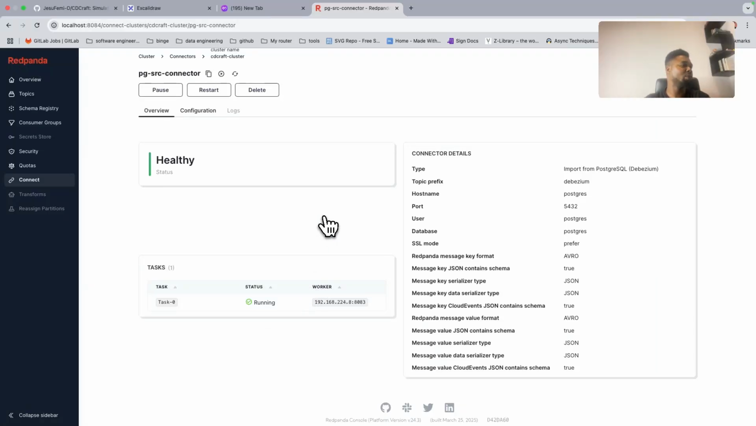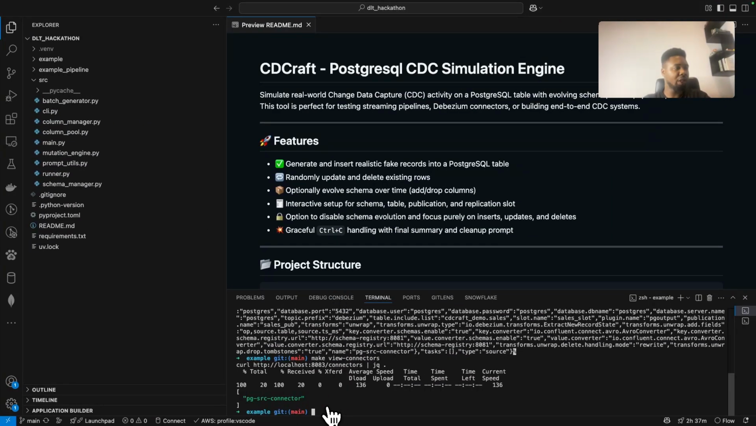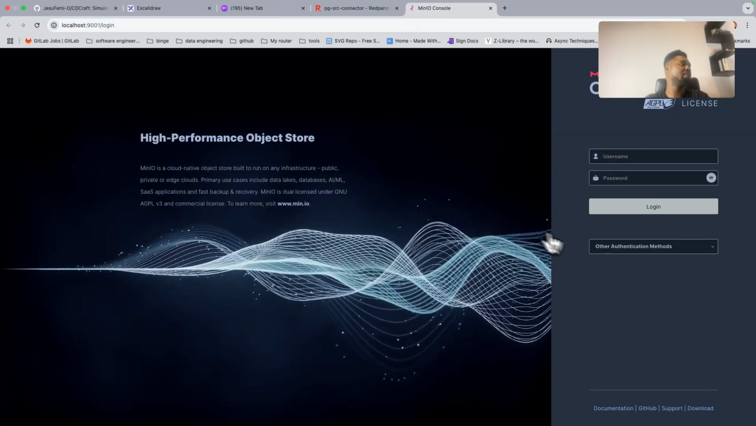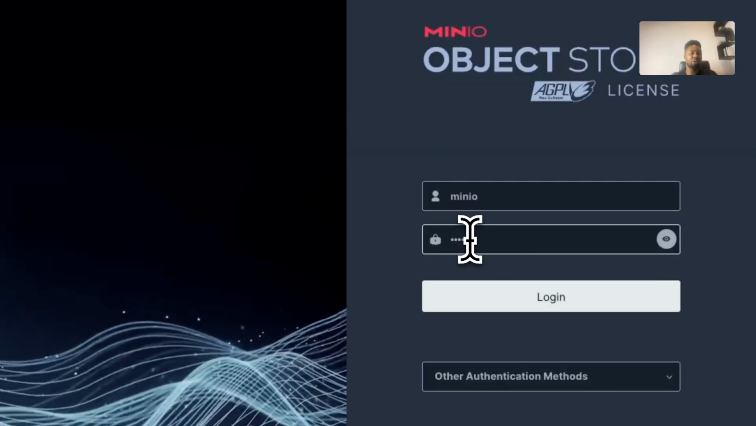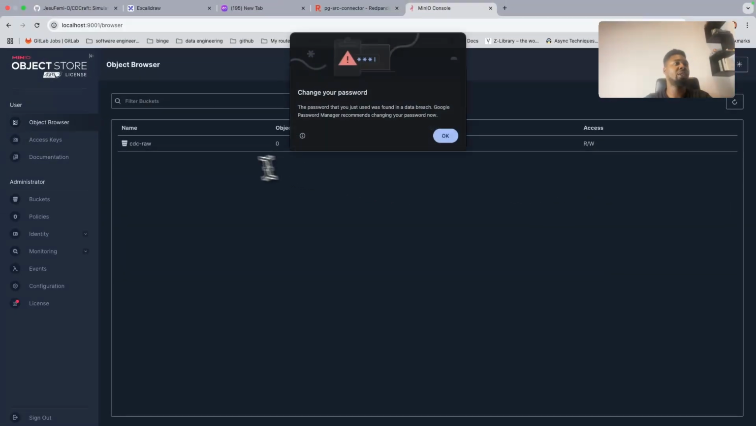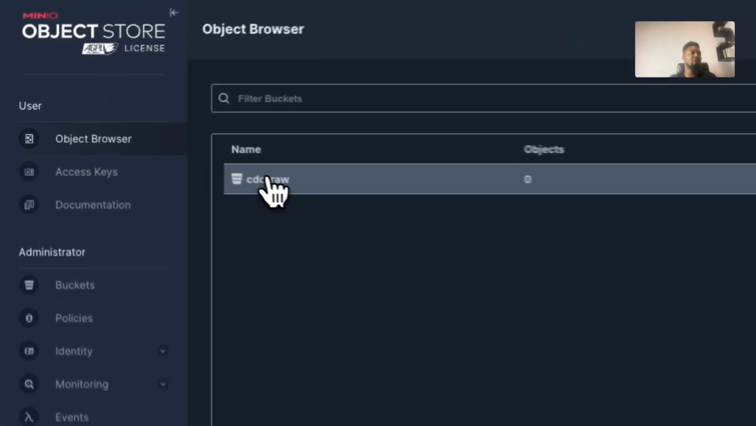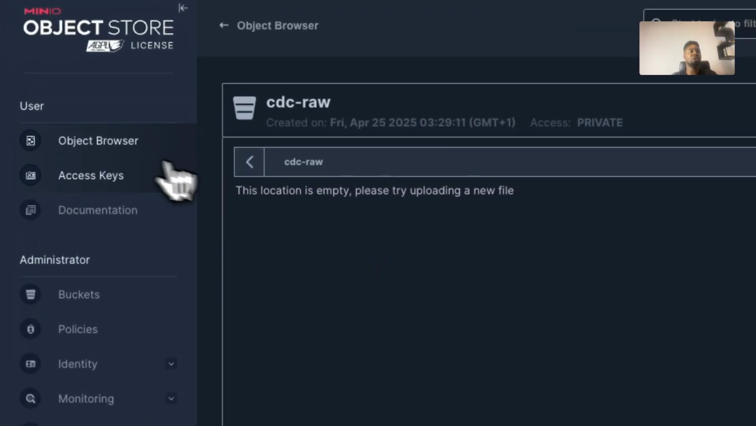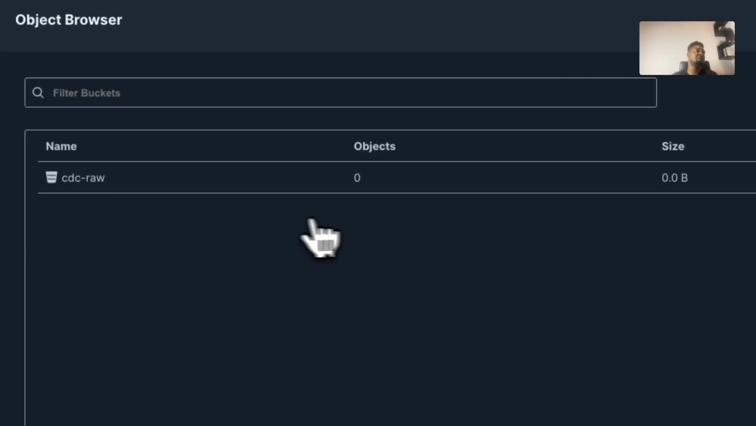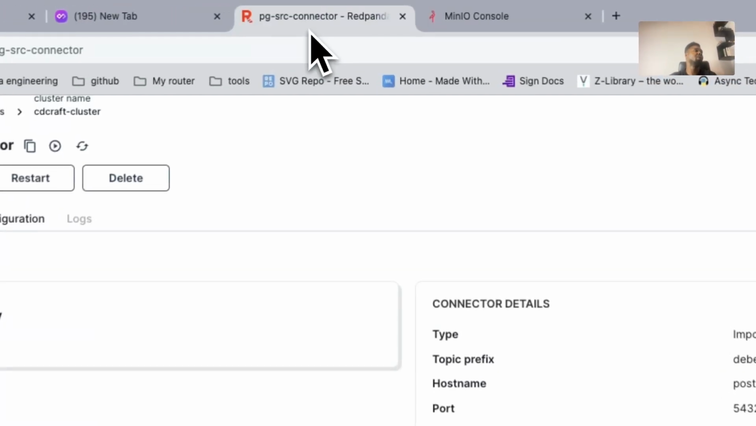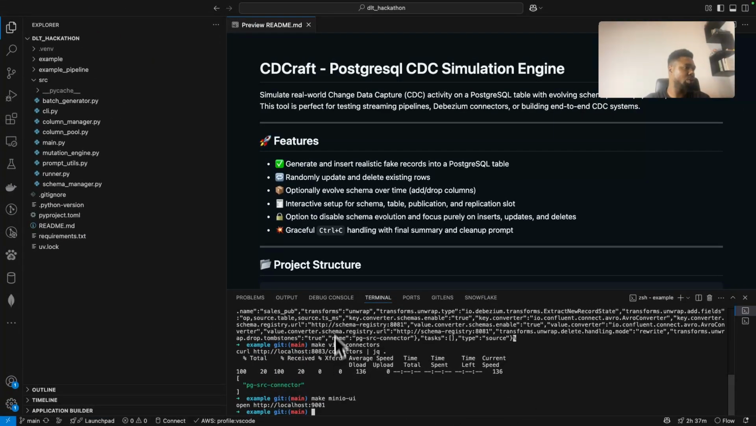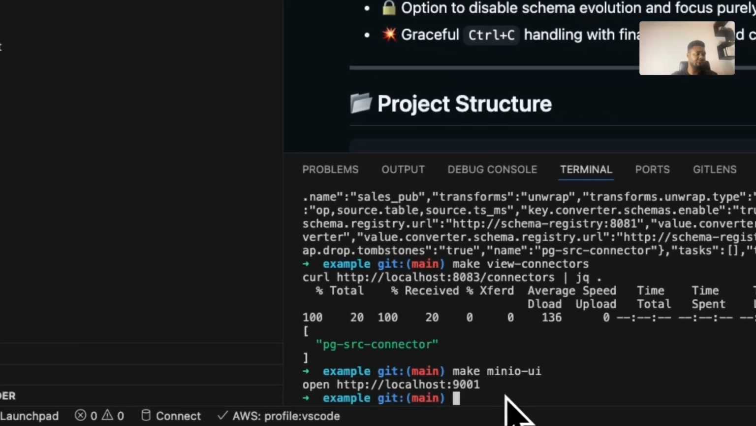And then I'm going to open MinIO also, and I will log in here with MinIO, MinIO123. Then we have an empty bucket here called CDC raw, and there's nothing in that bucket right now. But once I start to run it, we're basically going to see data trickle in, right? So since we have these two things now, I can come back here, and what I can do next is to basically,